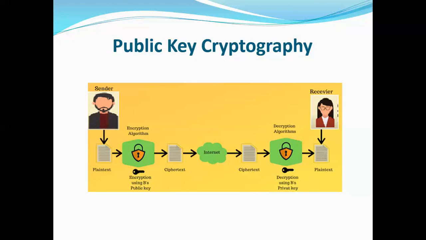After that, Bob writes his message. He uses Alice's public key to encrypt it. And when Alice gets this message, she uses her private key to decrypt the message. Now, please keep in mind that the public key encryption method is started by the receiver, not by the sender. Here, Alice generates two keys initially.